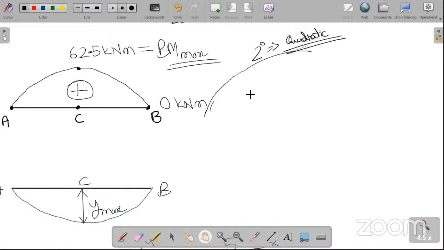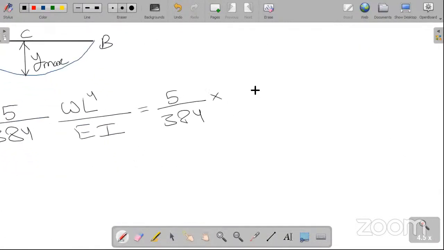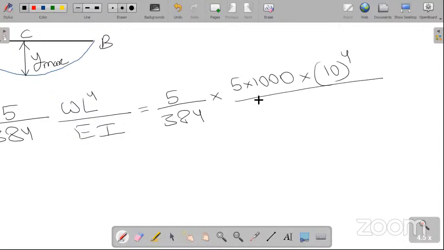I'll put everything in Newton and meter. So I'll write it as 5 into 1000 because that's kilonewton. I've converted that into Newton. So now that is Newton per meter multiplied by the length of the beam. Length of the beam is 10 meters, 10 to the power 4, divided by